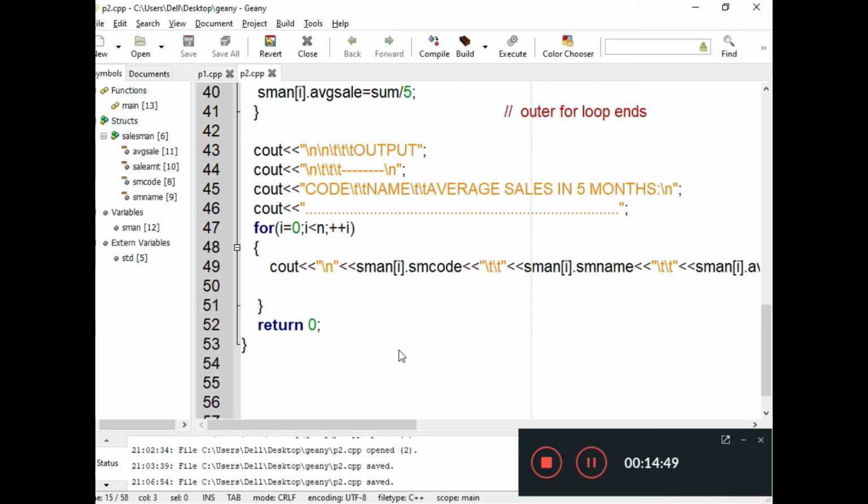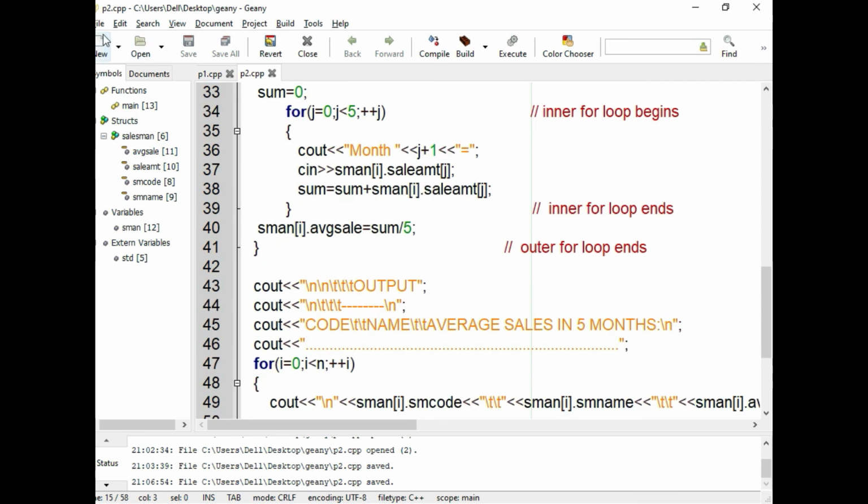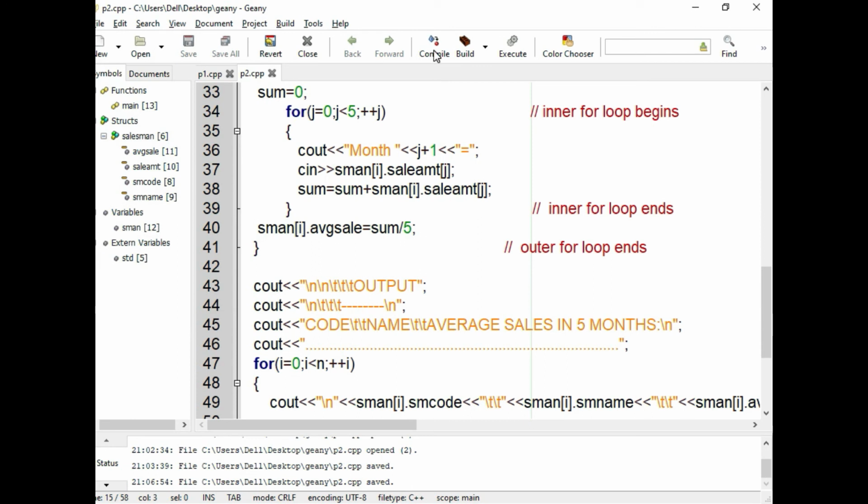So this is the program, and again I want to save this program. I'm going to save this program. Again I'm going to compile this program.